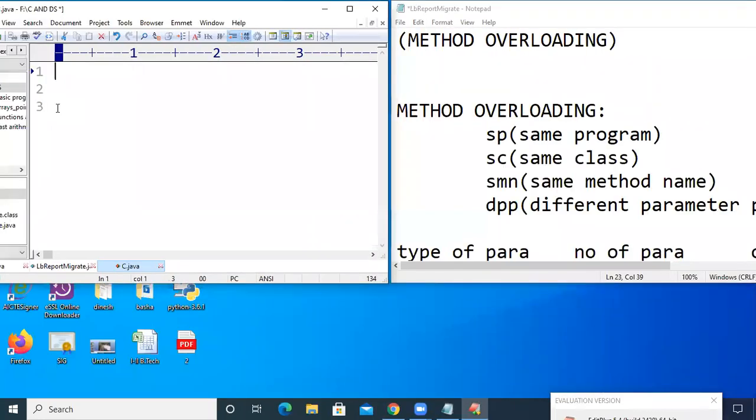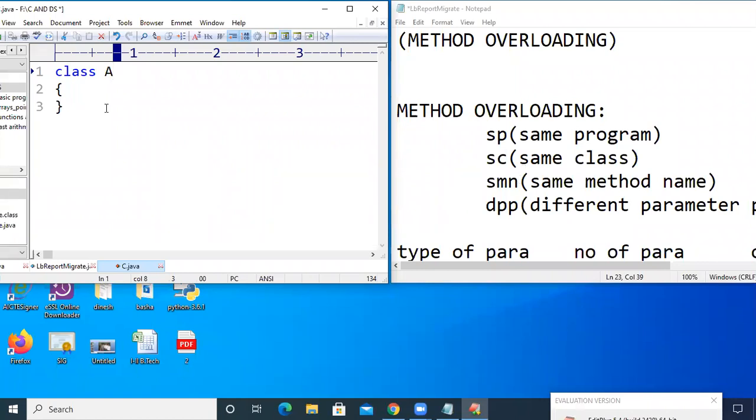So see here. What we have to do here is, the first step is we need to do something in the same program. And we are doing this in the same program. That's not a problem. Then we have to mention the same class. So let us define a class, for example, class A, right?